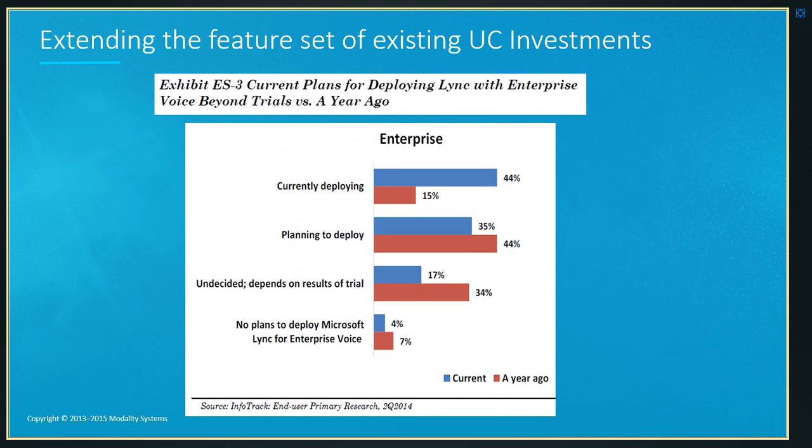What we're also noticing, and this is also coming through in various reports, as we can see from the screenshot in front of you now, is that people are moving just beyond that instant messaging and presence, and more and more now the take up towards using Skype for Business or Lync for voice is very much commonplace. If you've not already started, people are considering trials. And as you see from this graphic here, there's been quite a step change within the last 12 months in terms of those who are currently deploying and those that are thinking. It's been a real marked shift, which I think really marks the maturity of the software that we have from Microsoft.